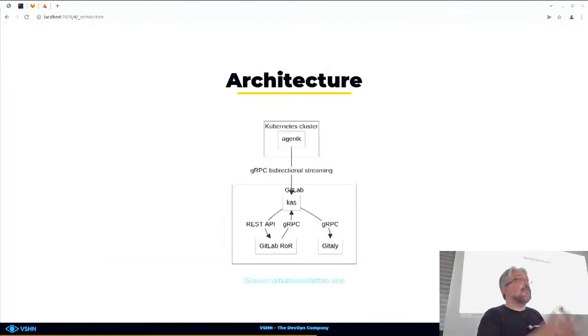Now, in terms of architecture, there's this diagram that I shamelessly copied from the GitLab documentation, because they do an amazing job at documenting pretty much anything on GitLab.com, so that's fantastic. And here you can see the cluster and your GitLab instance, which could be GitLab.com or your own self-hosted one, and the different components. So you've got this agent that is installed inside of your cluster that will talk with